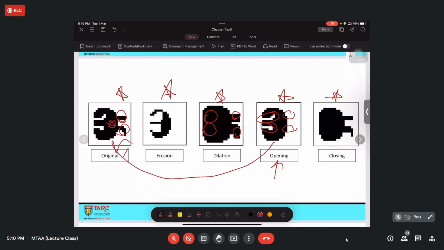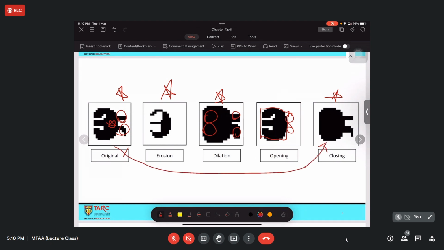As you can observe, the size of this part is more or less the same as the original image, but without this leg. And for closing, you will find that the size of this pixel, of course there is a minor change, you can observe that the pixel is a bit increased, enlarged in size.